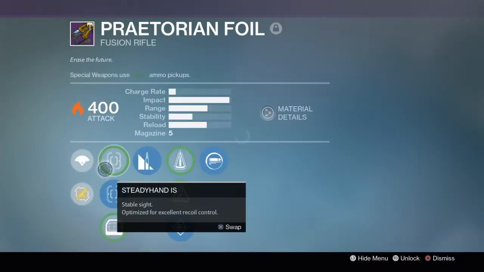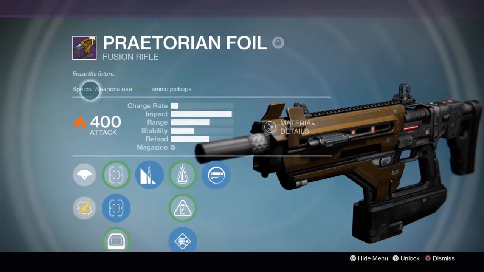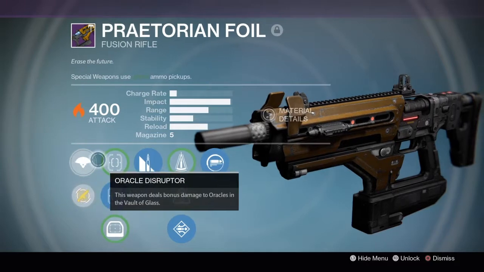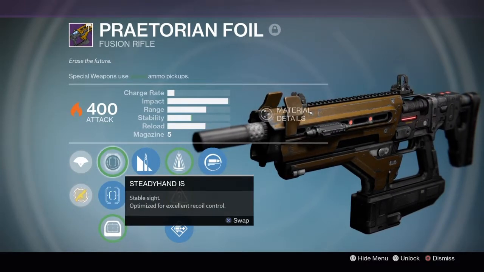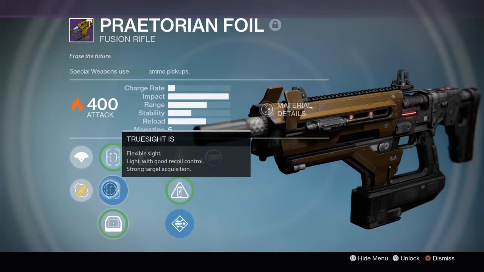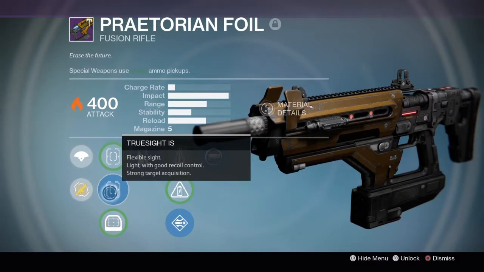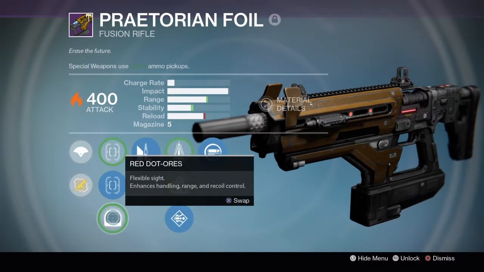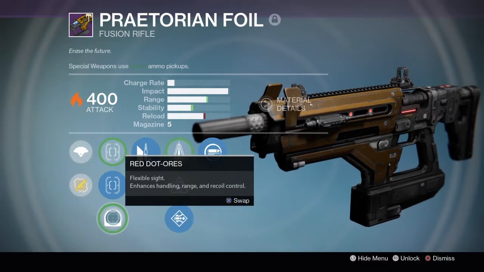It's worth using. Last but not least, the Petroleum Foil. This is a fusion rifle from the Vogue class, and since it's from the Vogue class, it has Oracle Disruptor, yada yada yada. For its sights, you have Steady Hand IS, True Sight IS, and Red Dot IS. With hand cannons, True Sight is obviously the best choice, but I'm not sure with fusion rifles. The Red Dot seems to be good with